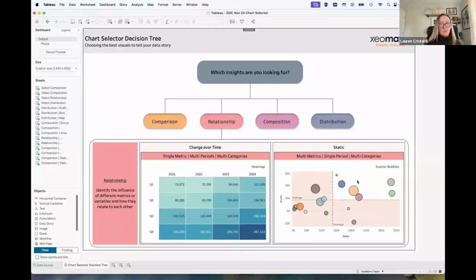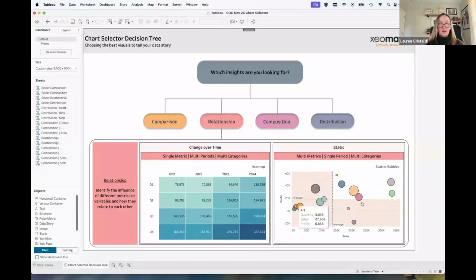Then over here is kind of cool. We have our subcategories broken out by a static period. So again, we have the change over time and static. And here we're saying for this period, I think I had it filtered to the last 2 years, but you can do it by any static period. We have 3 different measures, and I want to see how they all relate to each other. So we have our sales, our profit, and then the size of these bubbles are actually the quantity.